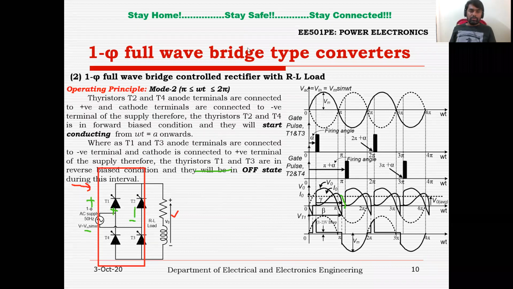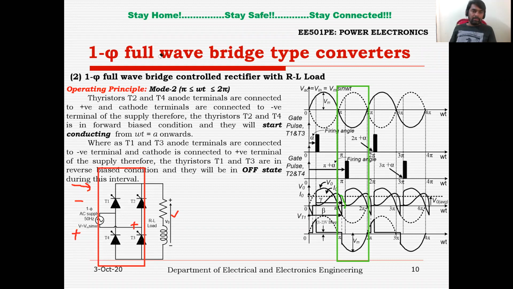Right. Let us move on to the negative half cycle. So negative half cycle means omega t will lie between pi and 2 pi. Now you can see with a rectangular green box, during this interval the polarity will reverse. Previously it was positive, now it will be negative, because it's the negative half cycle, and negative is replaced by positive. Now you can see leg A is connected to negative. Previously it was connected to positive. Leg B is connected to positive, previously it was connected to negative. Those terminals you can see with the green mark, right?